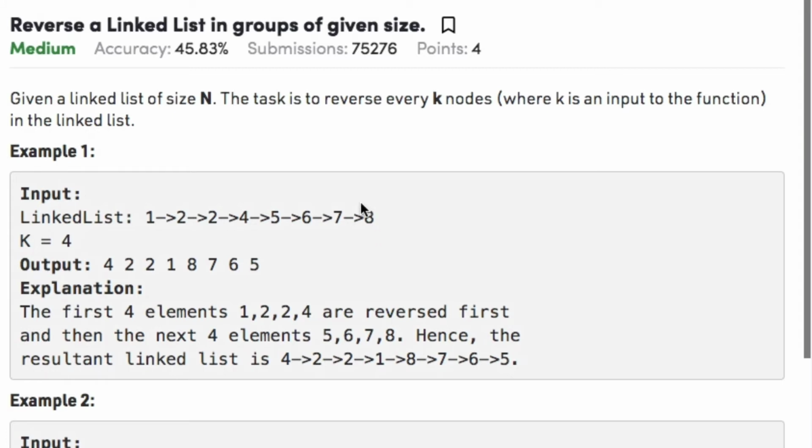Then we reverse 5, 6, 7, 8, where start2 points to the 8, which is the beginning of this group, and then we point start1's next to start2. After this we update the value of start1 to 5, and start2 is not yet known, which will be known in the reversing of the next group, and this process continues.